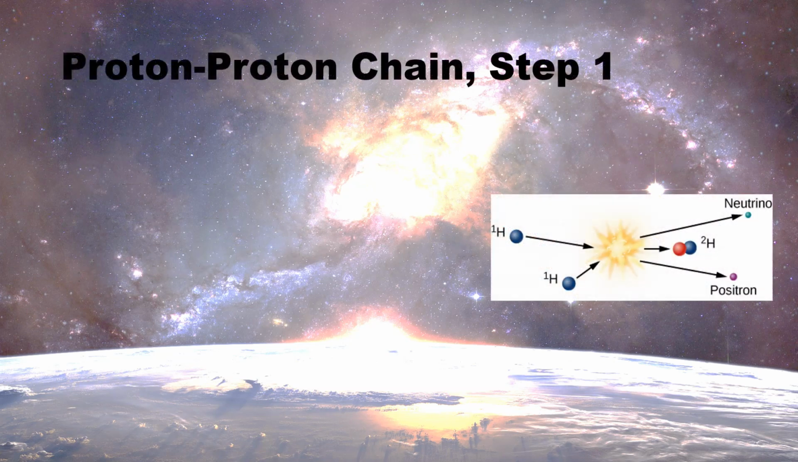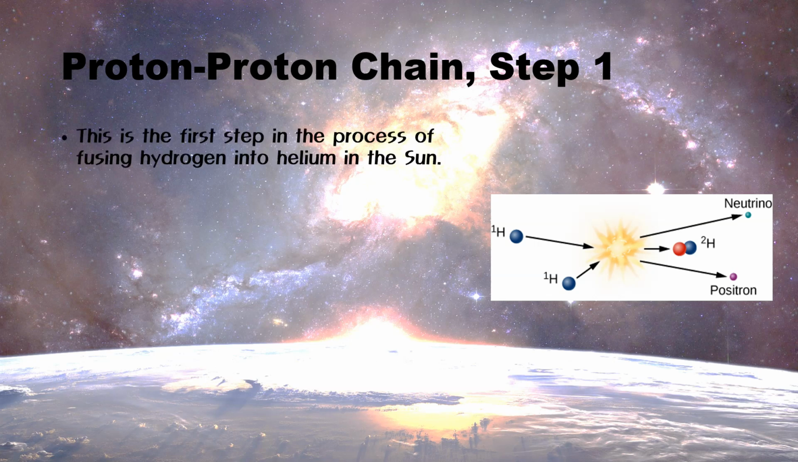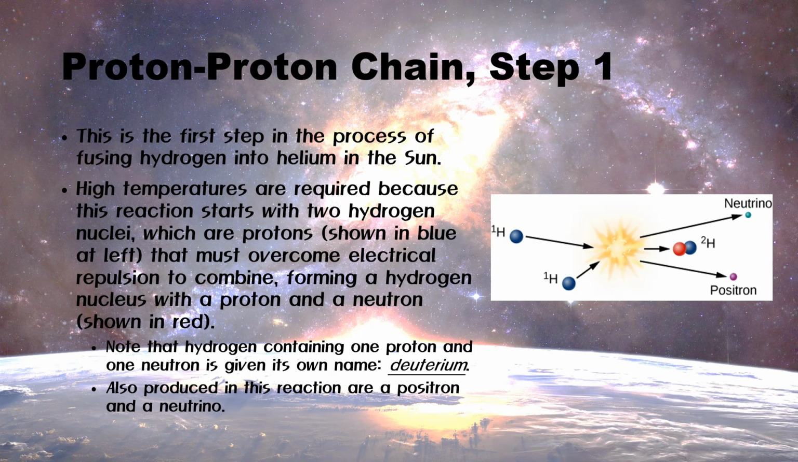So this is what we refer to as the proton-proton chain. And if we look at step 1 of the proton-proton chain, what are we going to find? Well, the first step in converting hydrogen into a fusion of helium is that we need high temperatures. And these high temperatures are required because this reaction starts with 2 hydrogen nuclei, which are protons, which we have diagrammed here in blue, that must overcome electrical repulsion to combine, forming a hydrogen nucleus with both a proton and